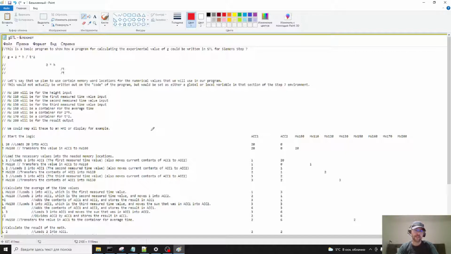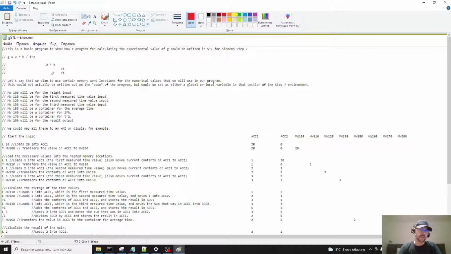And my final result is close. It's not exactly what I would have wanted, but I spent enough time on it. It's close enough for learning purposes. As you can see here, it's a little bit hard to read, but it's supposed to be a program that calculates G, the gravitational constant for Earth, close to the center of the Earth, like within the atmosphere. So it's G equals 2 times h, which is the height above the Earth, divided by